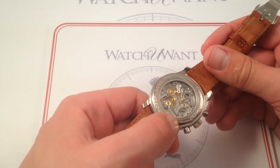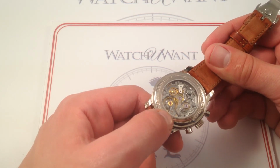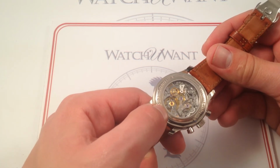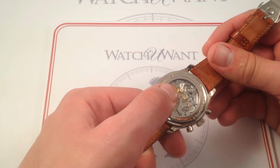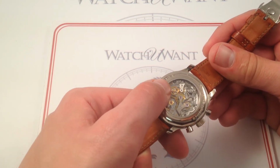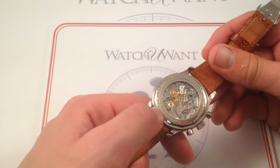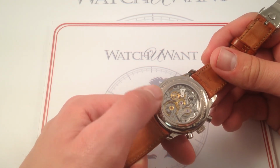You can see the Geneva seal right here on the balance cock next to the black polished swan's neck regulator. The base plate also bears the Geneva seal, as well as a tight and regular perlage pattern that is gorgeous to inspect under the loupe. All of the wheels are circular grained with exceptional resolution. If you go under the loupe and you look at these wheels, the texture is regular, it's deep, and it's beautiful. All of the elements that reflect the original birth scars of the bridges, of the plates, of the levers